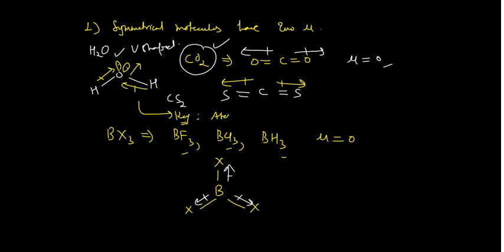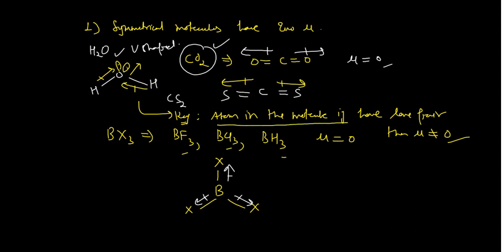Atom in the molecule, if it has a lone pair, then mu cannot be 0. This is something very, very important, which at this point you should keep in your mind. Water is actually quite polar, and for this one, somewhere around 1.85 D dipole moment is there. This is something very, very important.